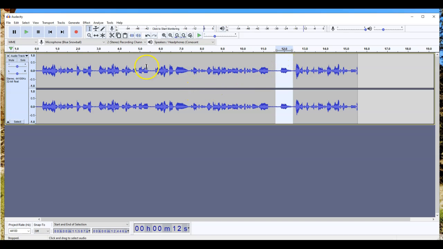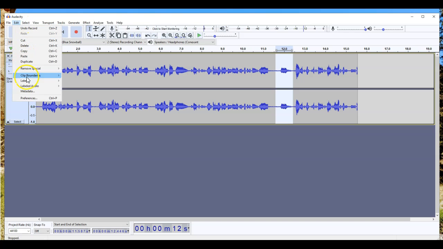So I can cut that super easily. Now, I can go up to edit and choose a whole bunch of different things. But what I want to think about is what kind of quick edits can I do? So here I can say cut. I could